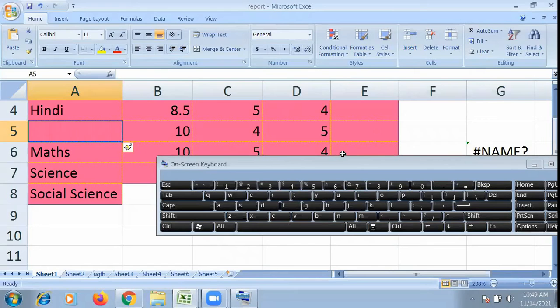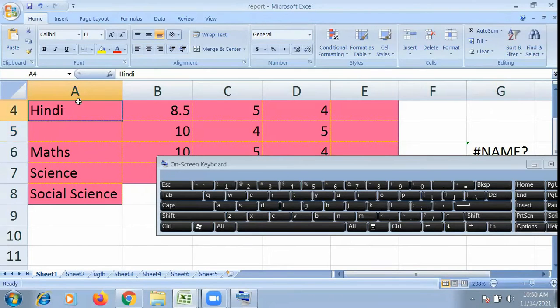Now formatting a worksheet. Formatting means we can add different formats to the Excel worksheet also, as we do for a Word document. But formatting here works in a different way, because the sheet that we get is in column and row format, in the tabular format. So we format like that only, okay? But basic text formatting will be the same. How we deal with the text will be the same.